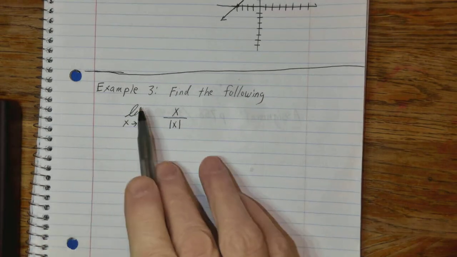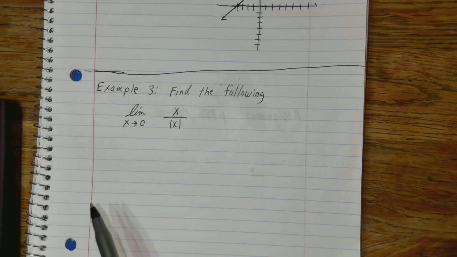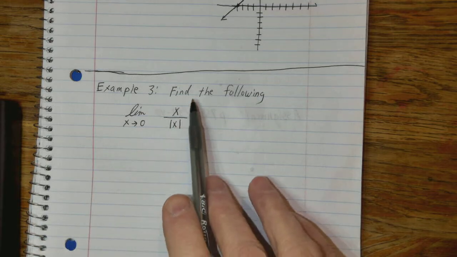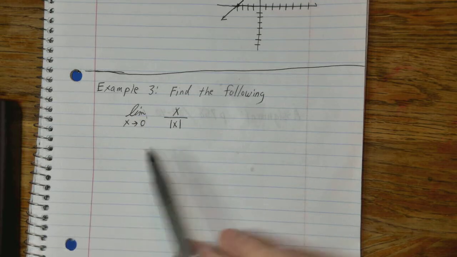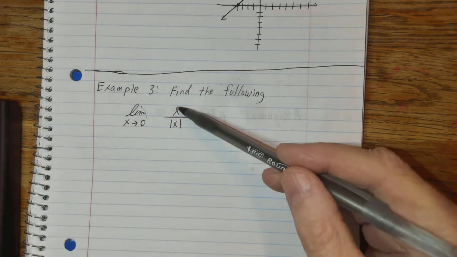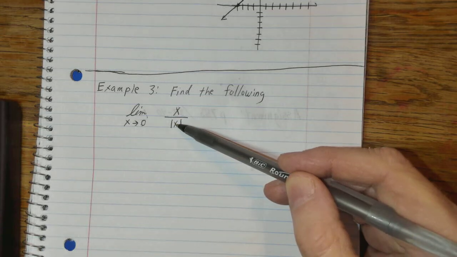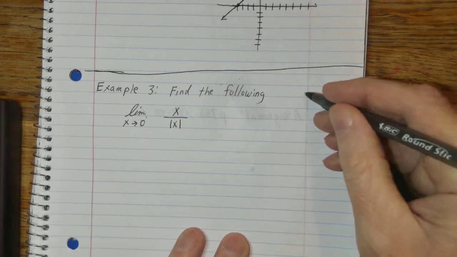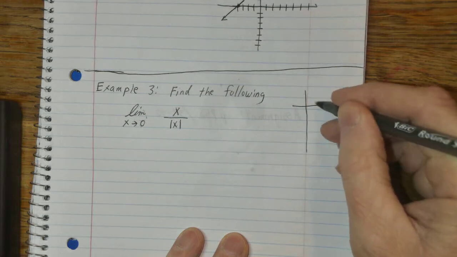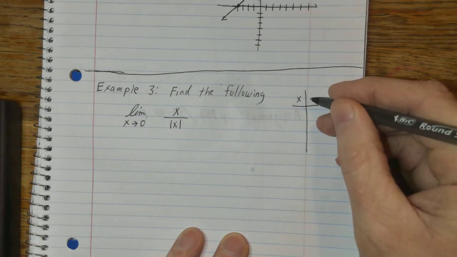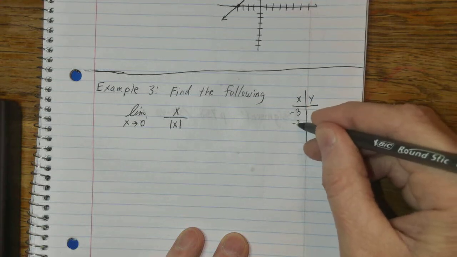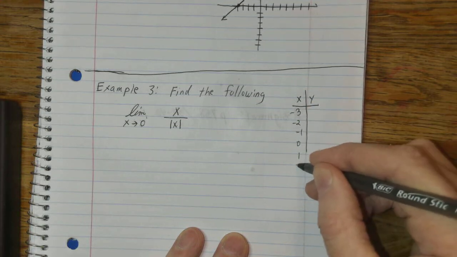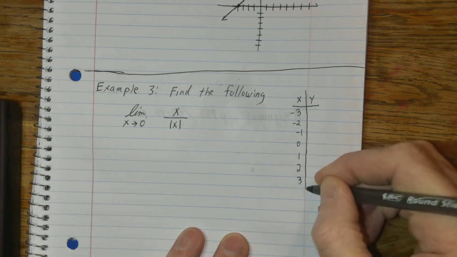This is example 3, and we are finding the limit as x approaches 0 of x over the absolute value of x. Now, if I were to make a table of the graph, let's just go -3, -2, -1, 0, 1, 2, 3. If I were to look at the graph there,